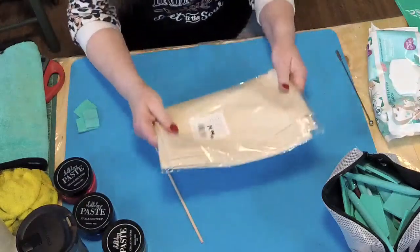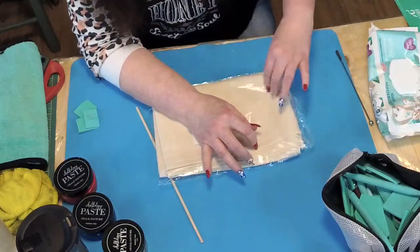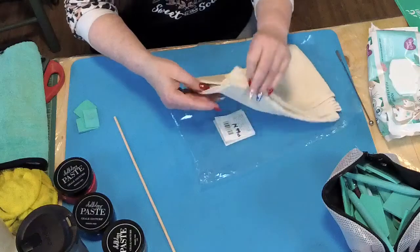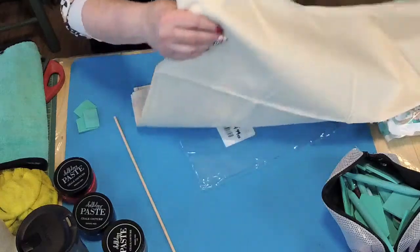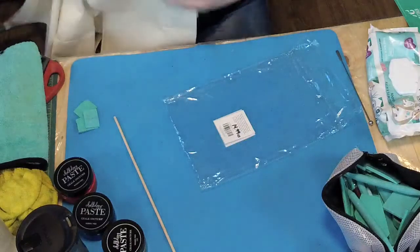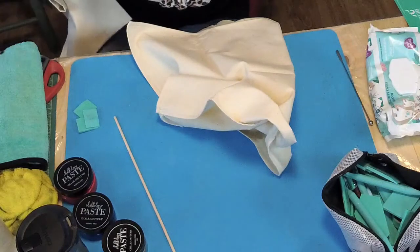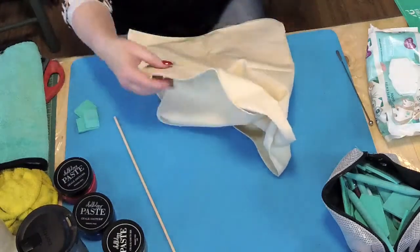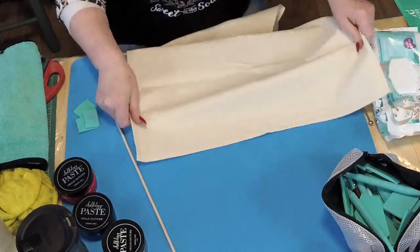our canvas banner. Guys, I'm going to include a piece of this in your box. In our canvas banners, you get 2 banners. This is a brand new pack, so I'm just going to undo one of them and put the other away. This is what I like to make pillows with. This is what I use to do all kinds of things. I cut these apart all the time. They're very cost effective, and they're a nice thick linen. So I'm going to make the little banner flag